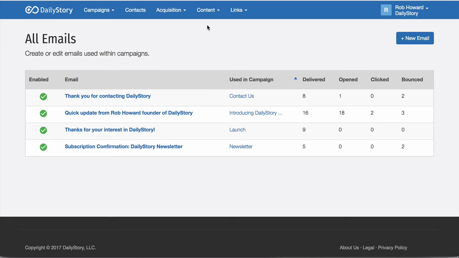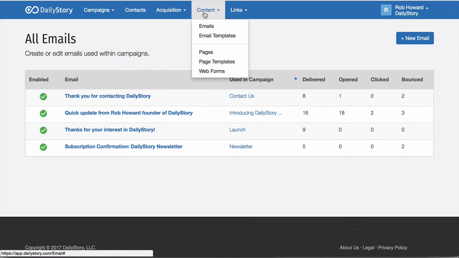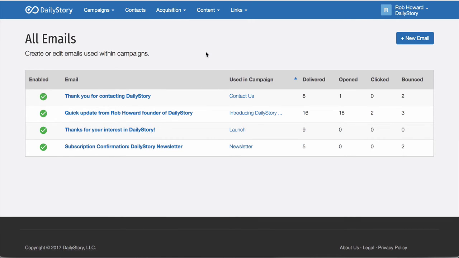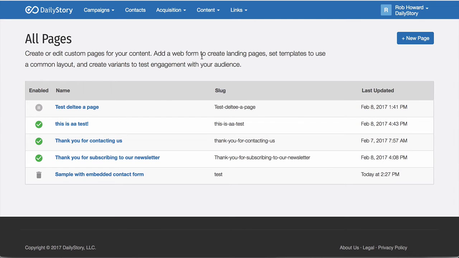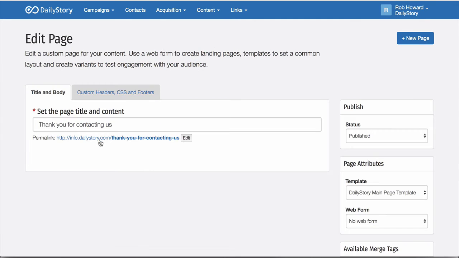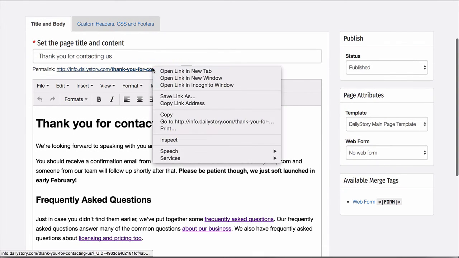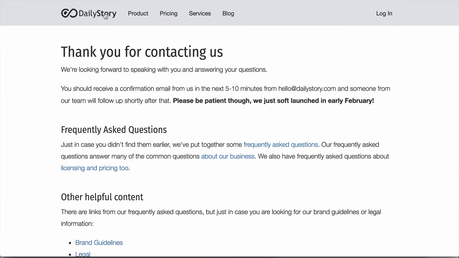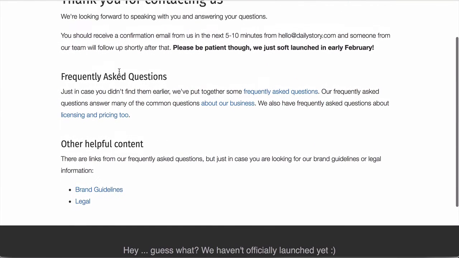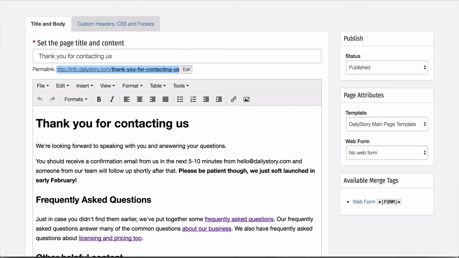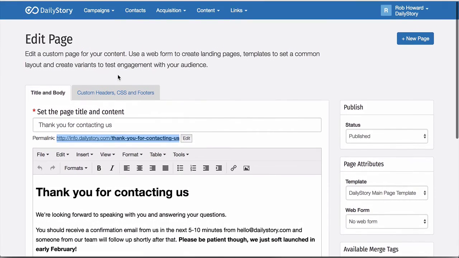Earlier I mentioned that DailyStory web forms make it very easy to build landing pages in WordPress. If you aren't using WordPress or don't have access to your website directly, you can still use DailyStory pages to build your own landing pages. DailyStory pages are designed to be simple and basic, but support any amount of rich HTML, images, video, JavaScript, and more. Additionally, they have full support for merge tags, so that when leads visit a page, it can be personalized